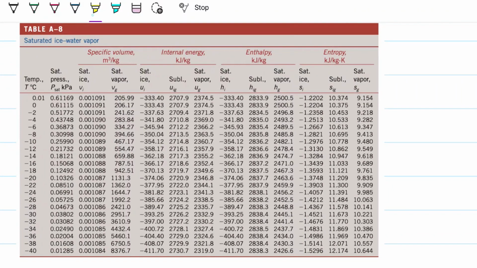Okay, so here, things make a bit more sense. This is a table that's relating water in the form of solid ice and in the form of gas vapor, right? That's a transition that occurs from sublimation, right? So from solid straight into vapor without ever crossing into liquid. Okay, and here, if I go down to -10, which is what I'm interested in, -10 is here,